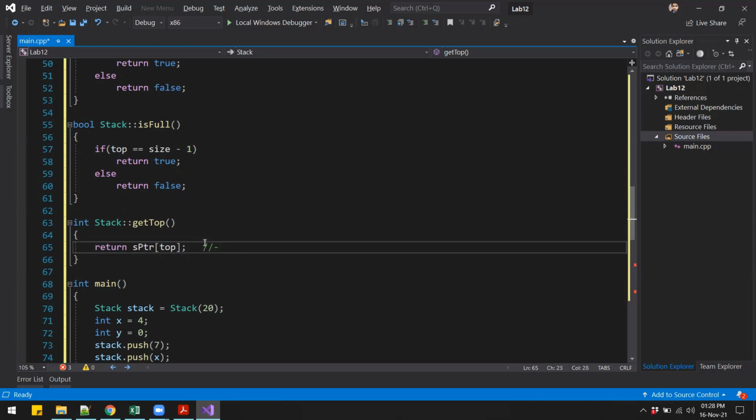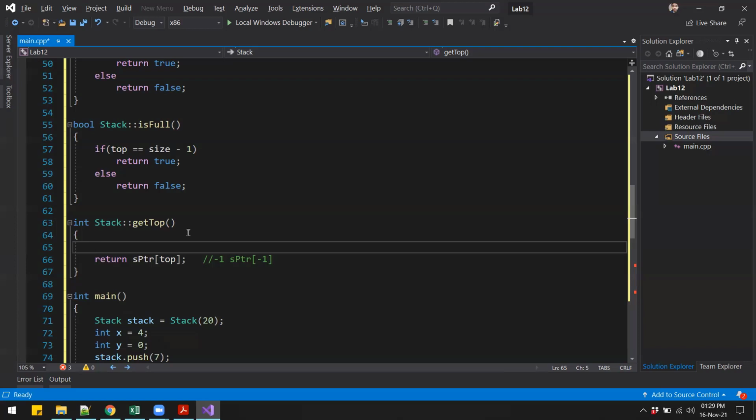Can I get the value from the array at index -1? We cannot. So before returning the value, we will first have to check if the stack is empty. If the stack is not empty, then we can return the value at the top.